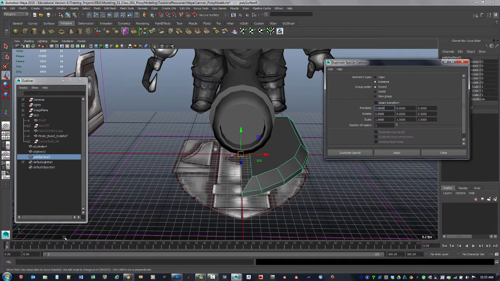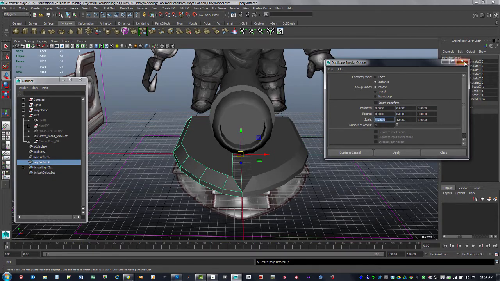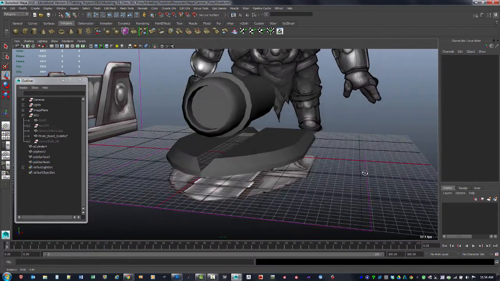And basically, if you look at the x-axis here, I want a negative copy of this, so I can give it a negative scale on x, because this is x, y, and z. If I give this a negative scale of 1 and hit apply, you can see now I have a copy of that, and it's going across the